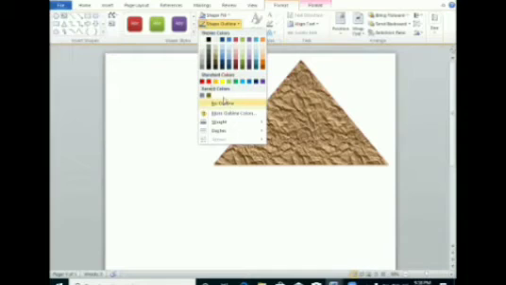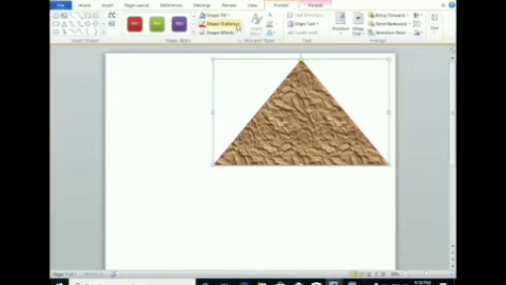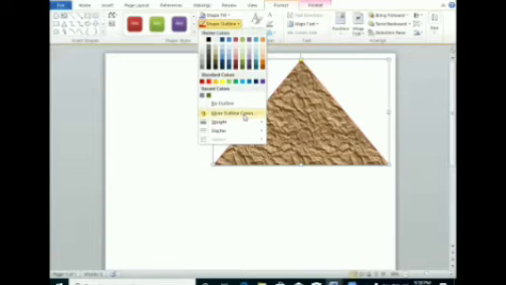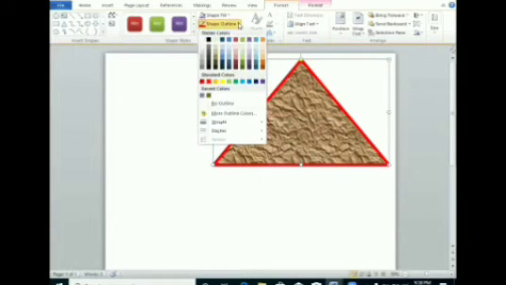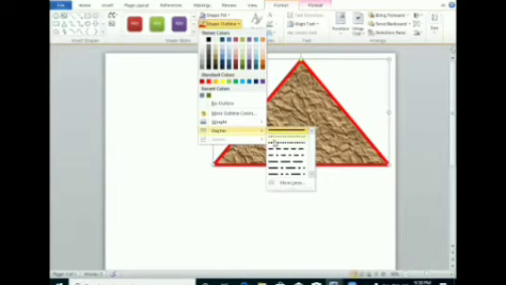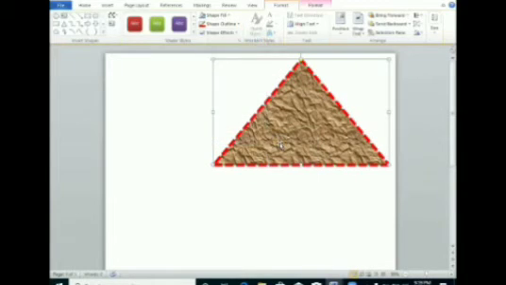You can see red color outlining I have taken. If I want to increase the width of this line, here we can increase it. And if I don't want to take the straight line, I want to take it in the dotted format. See here, I can take according to my requirement.